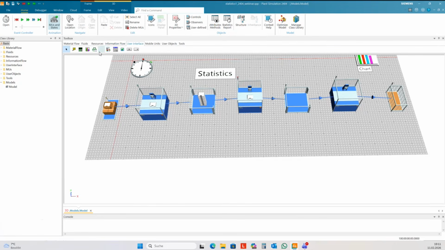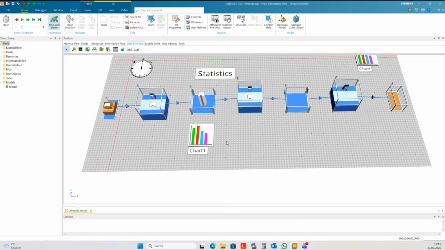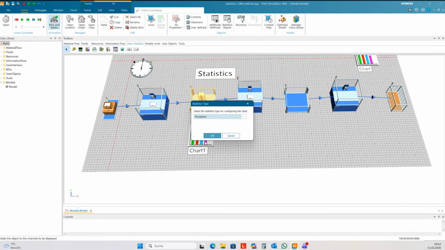And so I place a chart here. And I want to plot these values here with a certain interval. So I just drag the buffer here onto the chart. And you can select resource statistics. I don't want to have the resource statistics. I want to have occupancy.